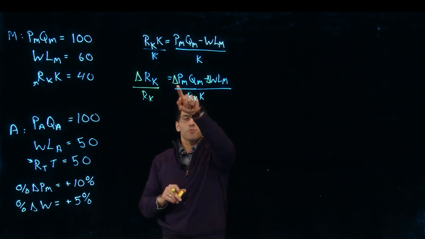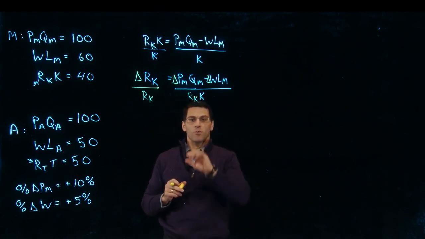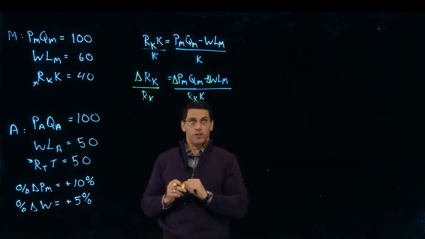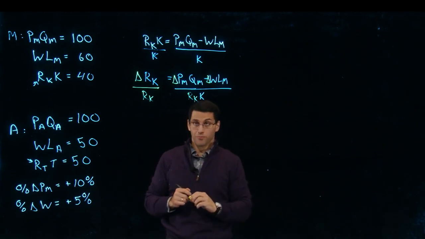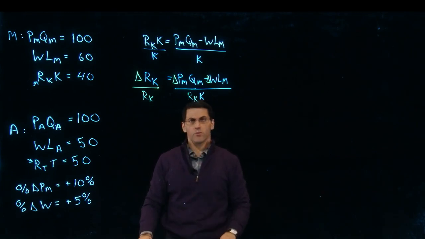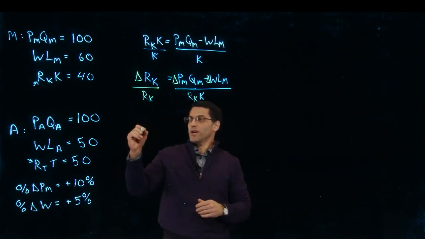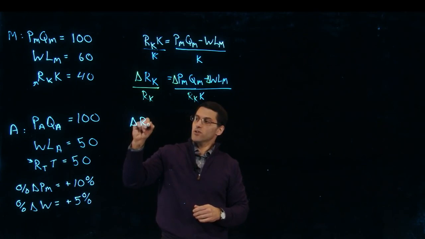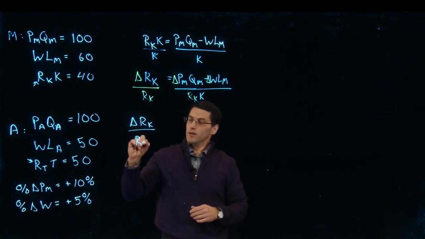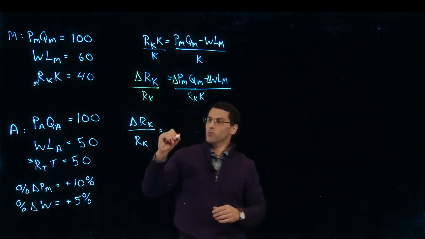Here we have the change in the price of manufactured goods, and we want to convert that into a percentage change. We want to do the same thing for the change in the wage. So how do we do that? Now we have change in RK over RK equal to